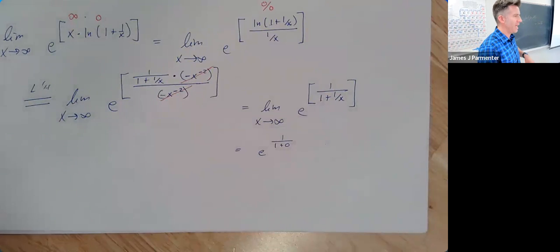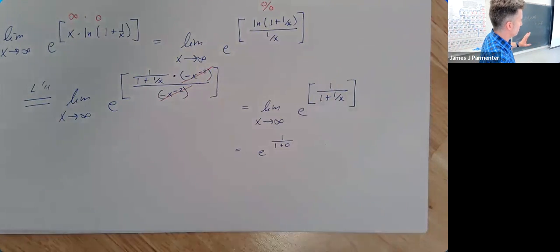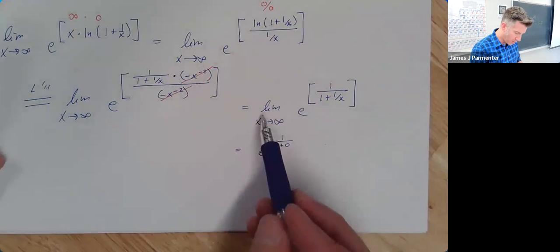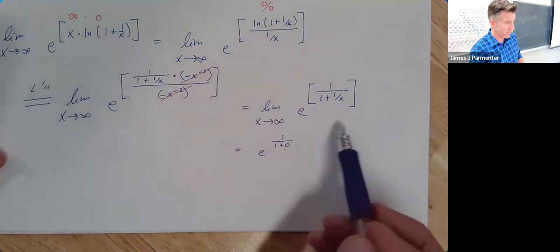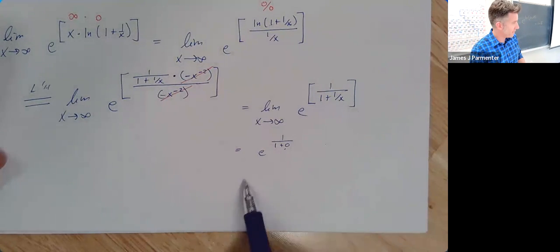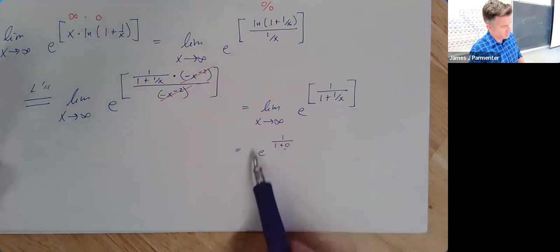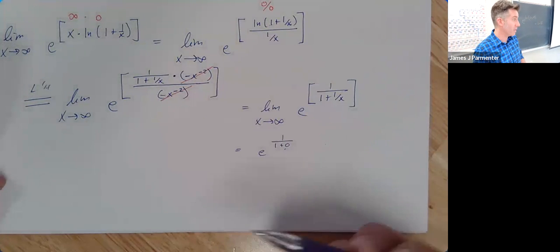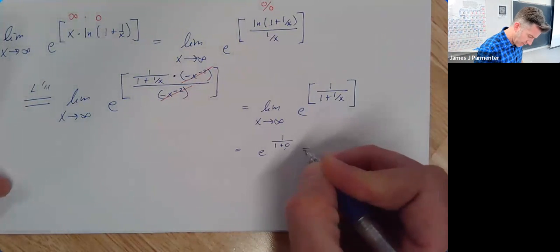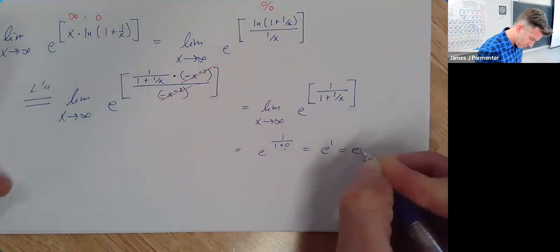I want to point something out because I haven't said this, and I wanted to make sure you guys have seen it. After I plug in x and I get numbers and there's no more variables, I don't write the limit anymore. Right? After you evaluate the limit, even though I haven't simplified it yet, you should stop writing the limit. So then I get e to the 1, which is